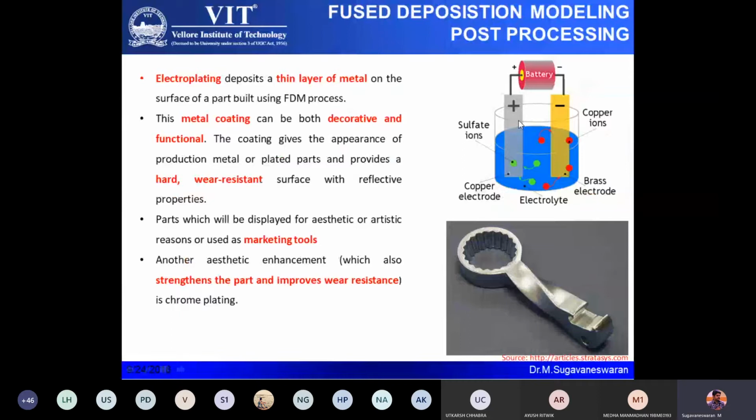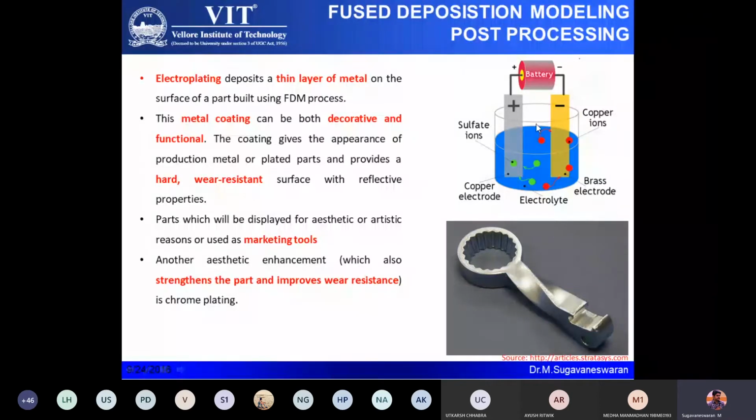In some cases you may also require a metallic finish. There are certain additive manufacturing processes that support metal manufacturing, but the FDM process, whatever we have discussed so far, is purely plastic. But in certain cases, like in automobiles, you might have seen the housing of lights. If you look into the light housing, internally it is plastic, but the plastic is coated with some metallic finish, like electroplating. The same electroplating method you can also use for additive manufacturing.